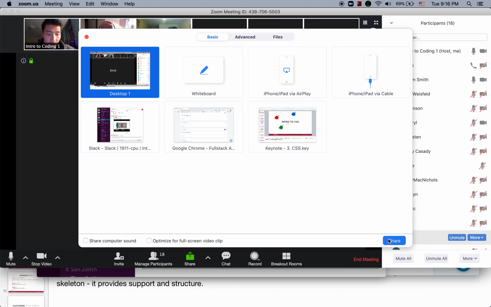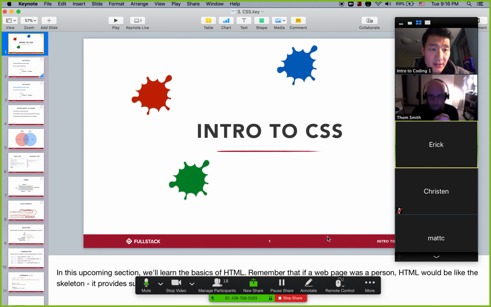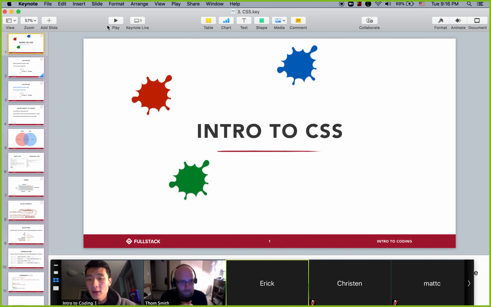Screen really quick, and then we'll be underway. Can everyone see my screen right now? You should see a slide that's called Intro to CSS. Cool. All right, so